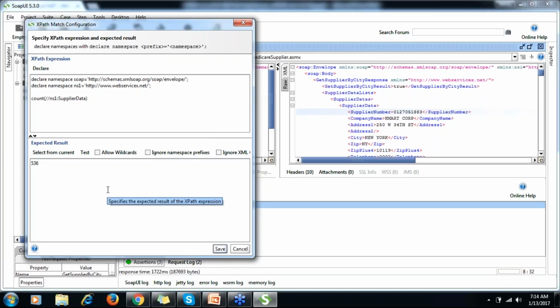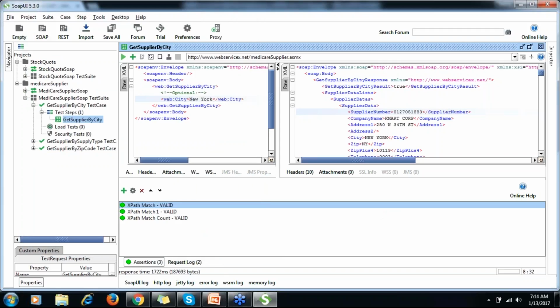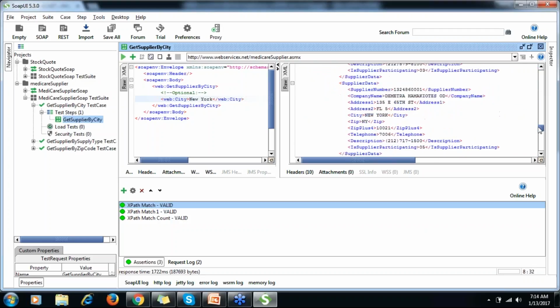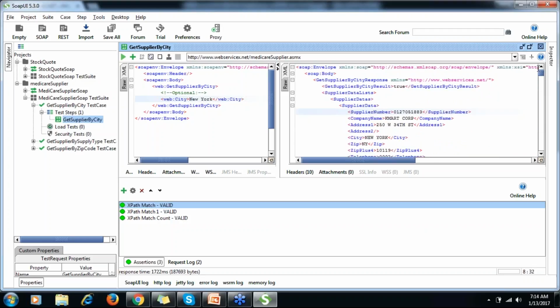And then we got the number, that is 536. So 536 suppliers are there in my response. So this is how you count. If you want to count any property that repeats itself, you can count that number.